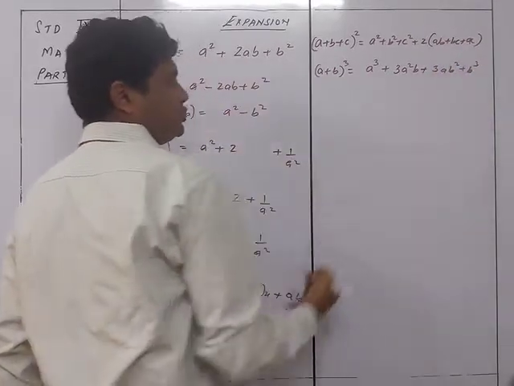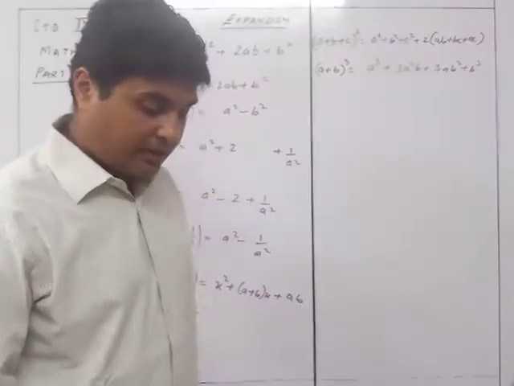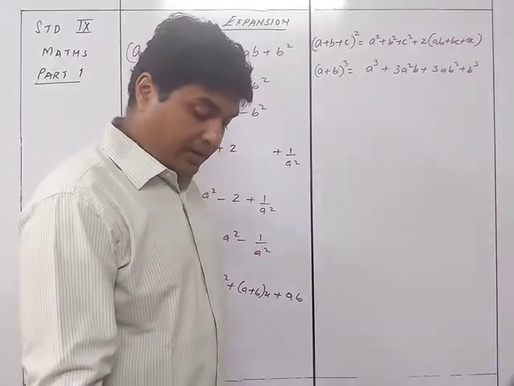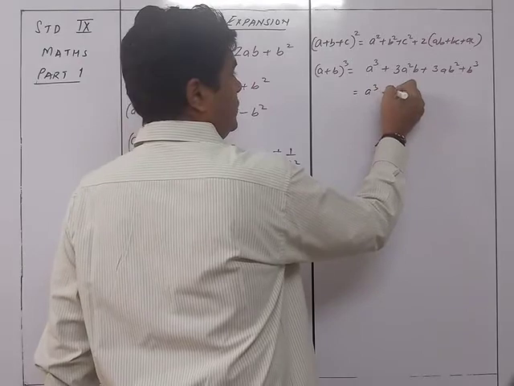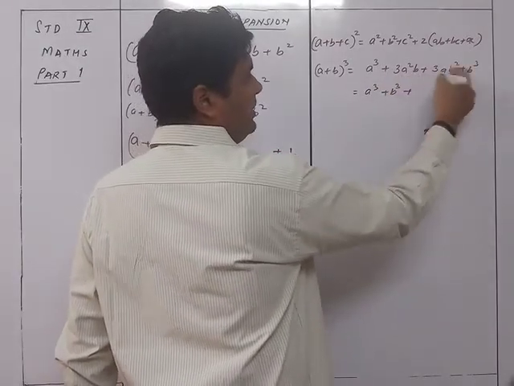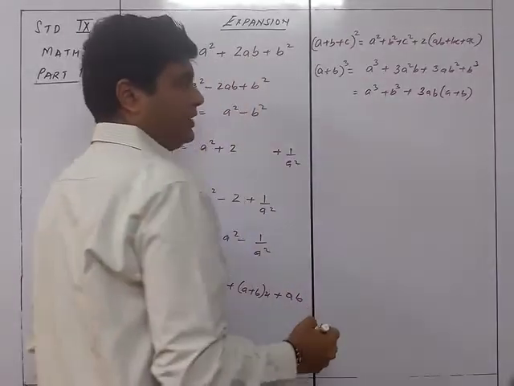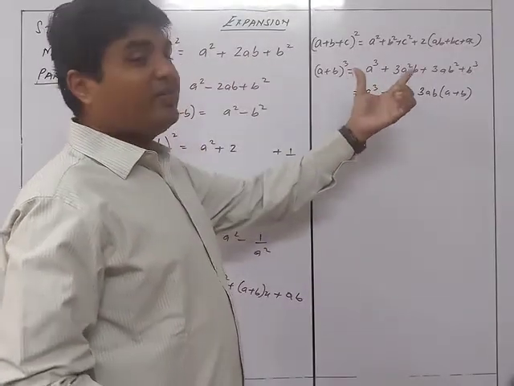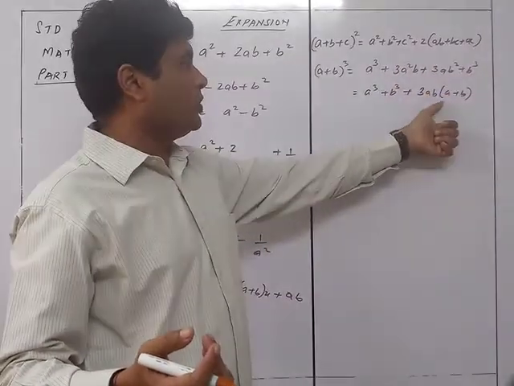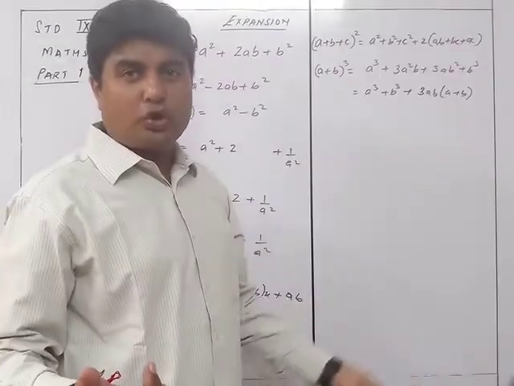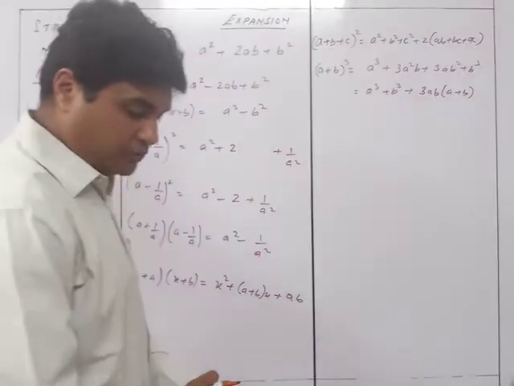But many times it will not be advisable to take it this way. So in that case, you are going to take it in the form of a bracket, and then you are going to take it as a cube plus b cube, and then you are going to take out 3ab common here, and then say a plus b. Now this is much more easier, because whenever some values are given to you, then a plus b value will be given to you and a cube plus b cube value will be given to you. So automatically here only ab is something which is not known. So that's why you have got both this formula available for a plus b.